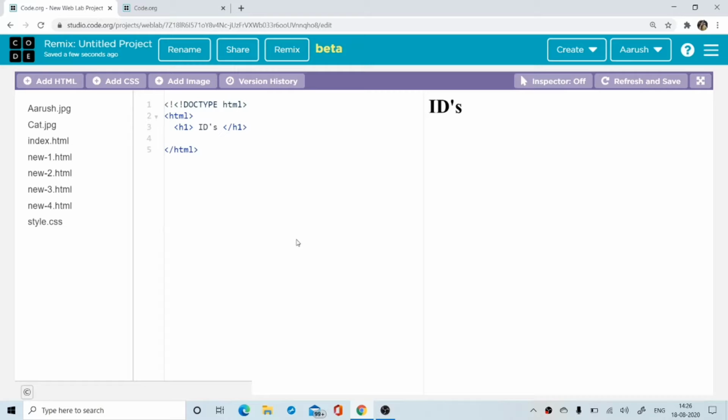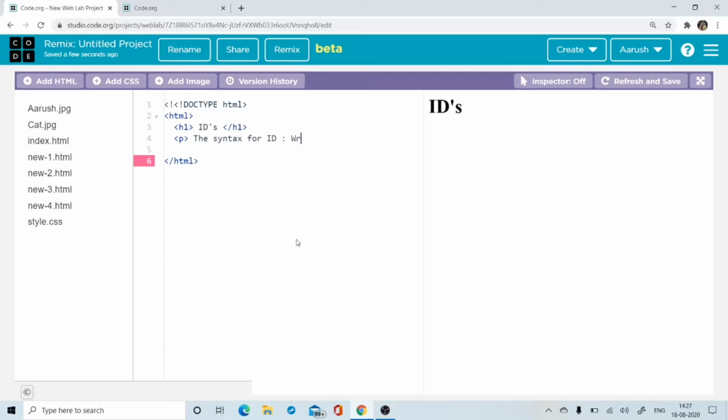Okay, so what do you understand by ID? See, the HTML ID attribute is used to specify a unique ID. It has a unique thing, like nobody else can have the same thing, right? So, if I have to give the syntax, how do I write the syntax for ID?